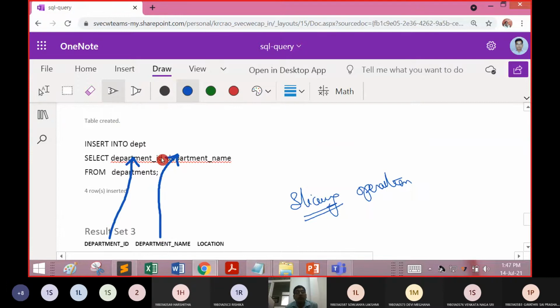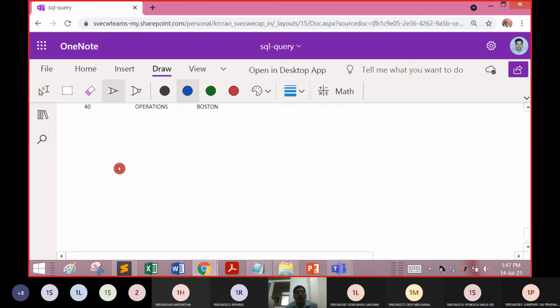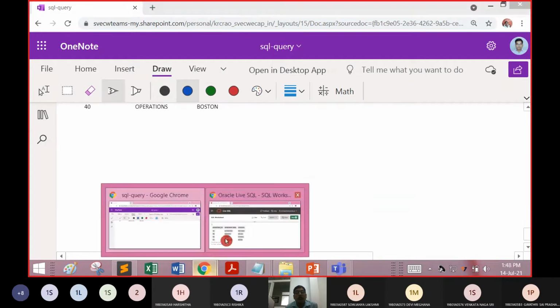Now we want to know whether the 4 rows are really inserted or not.